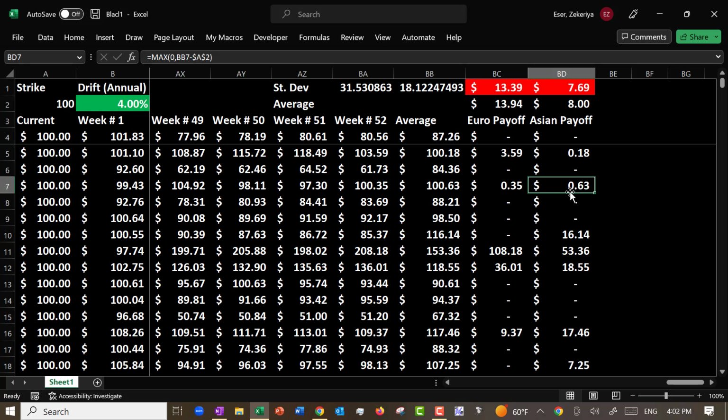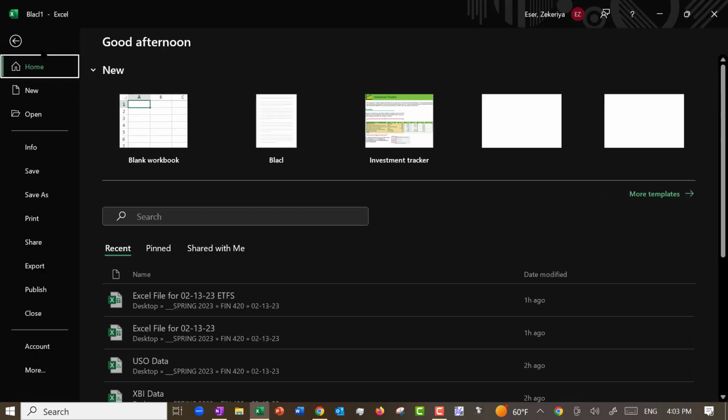What actually helps most is what we call the control variate technique. In this case, we already have an exact formula for a European option, right? So if I have paths that overstate the value of such an option, they're going to overstate it both for Asian and European, correct? So what we do is, for example, let's open up